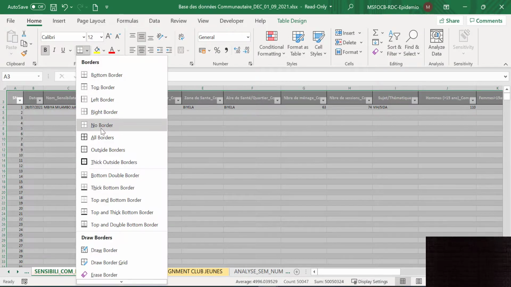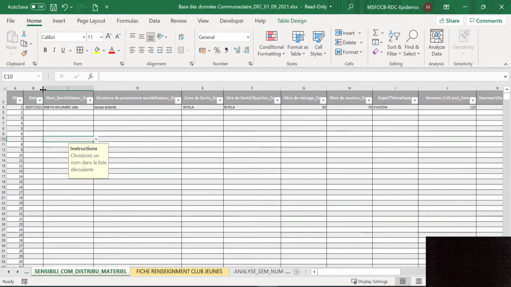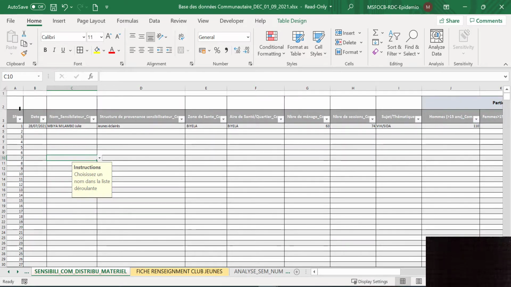Then you can include borders, right? Or borders, so that it makes it visible. All right. Now the next thing is you don't want this to be 1, 2, 3, 4. You want this to only appear when the data entry person puts in maybe a date. So to do that, first of all, I'm going to delete all of this. Then to do this, you can use the formula equal to